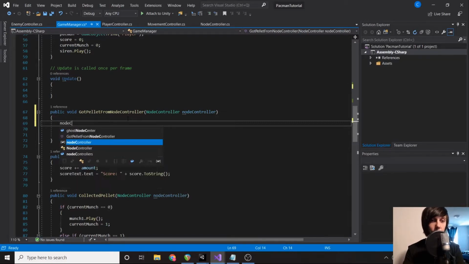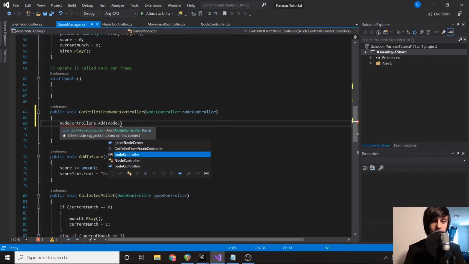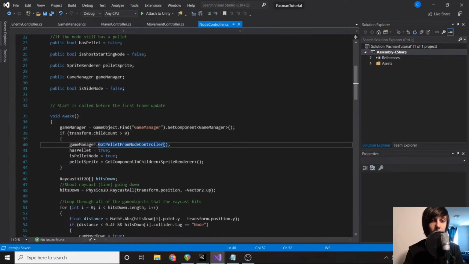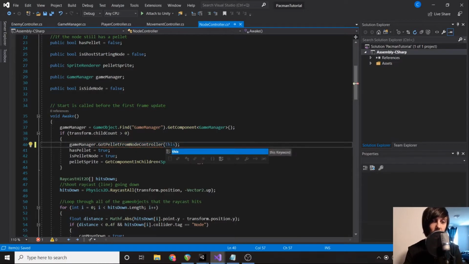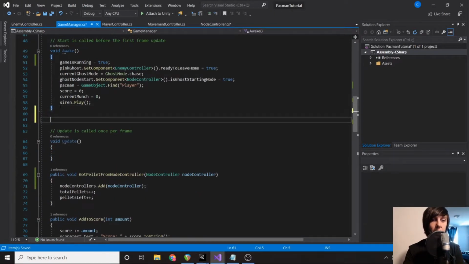And at this point, we're going to have node controllers dot add our node controller. Then we need to go to our node controller script and send this in. So we'll send the instance of the script into Game Manager. And now if we create a setup function,